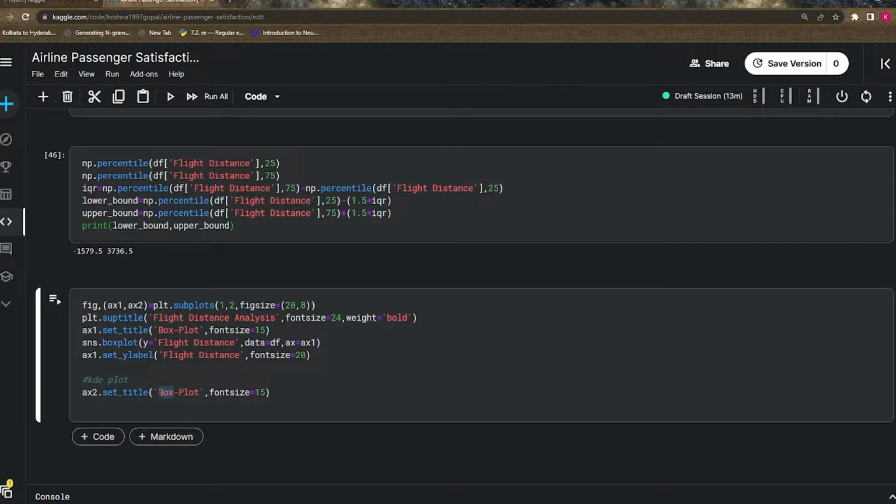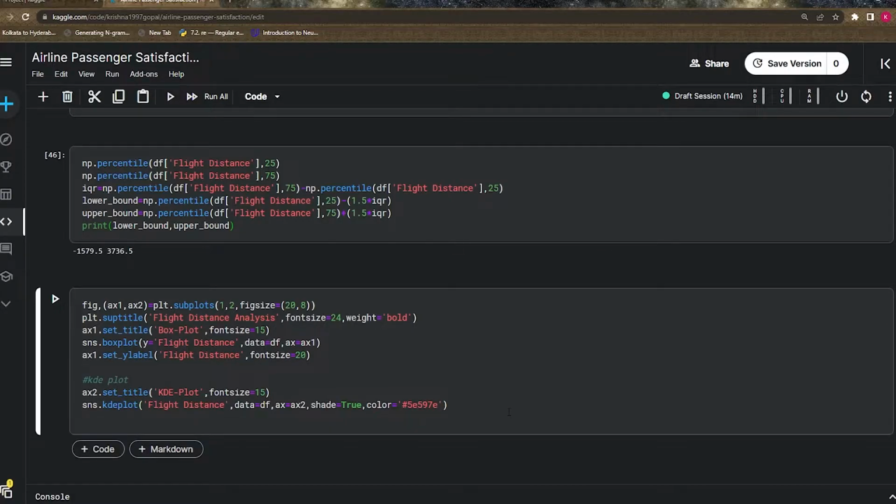You can write here the KDE plot, and similarly you can use SNS to draw the KDE plot. So sns.kdeplot, the flight distance is the column. Data is coming from the df, and I'm going to draw the ax2. What is the shade? I'm making the shade true to fill that density, and I'm defining one color as well here. Now adjust this plot by giving some y-axis title, x-axis title, and then we draw the vertical line of